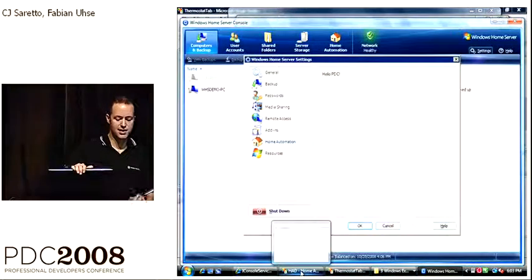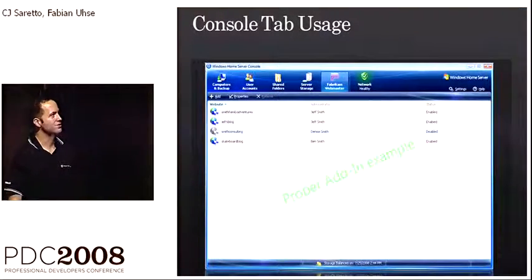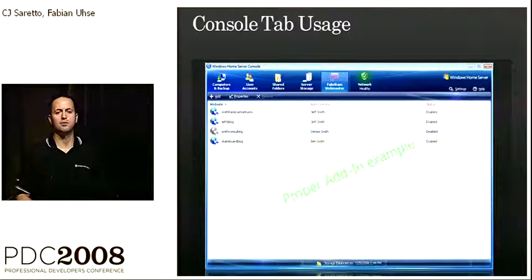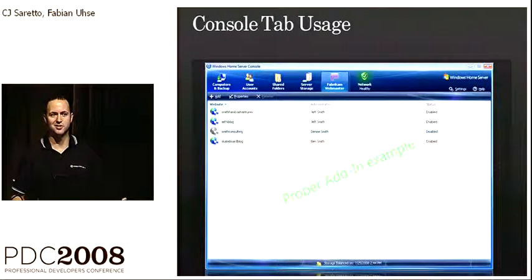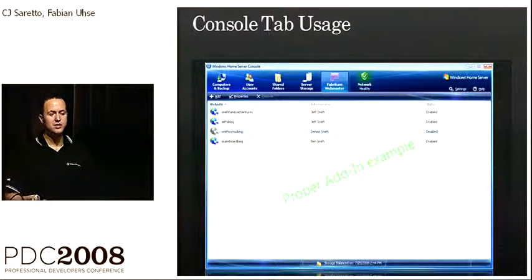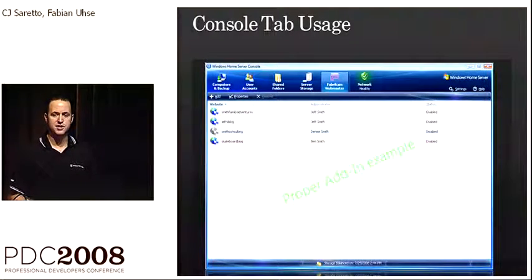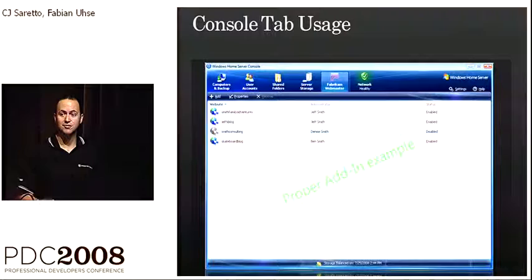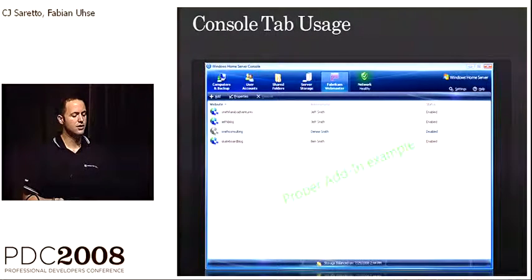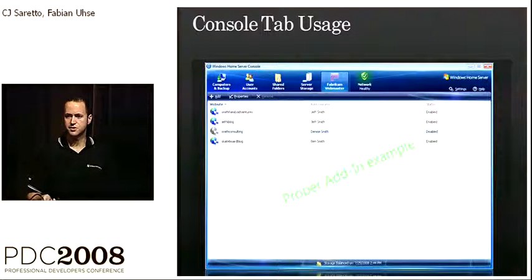So we'll switch back to slides really quickly. All right. You can make anything you want show up. What should you make actually appear in the Windows Home Server console? As you saw, it's WinForms. We built the Home Server console as a place for the home network administrator to actually go and change settings for the server. If you have a setting that needs to be configured for your service that's running on the server, the home server is a great place to do that.